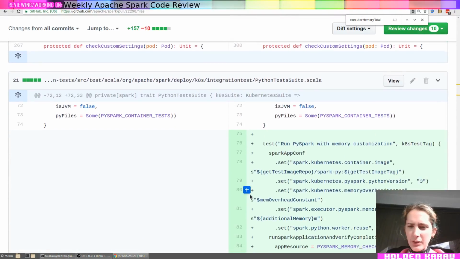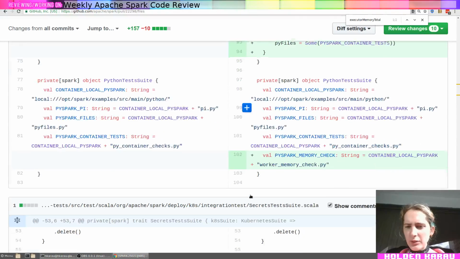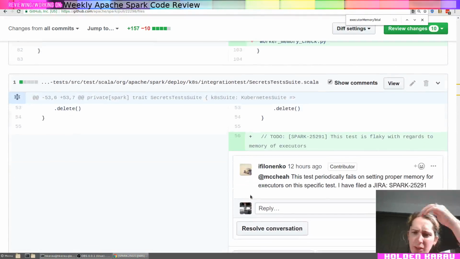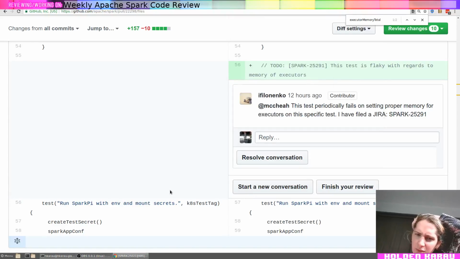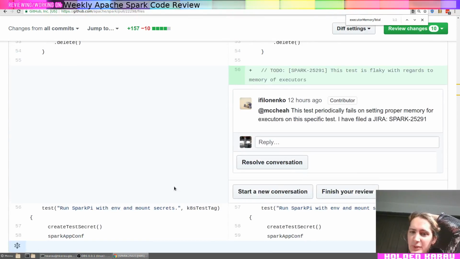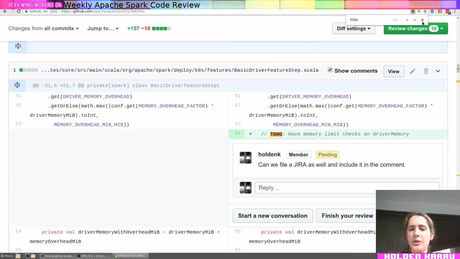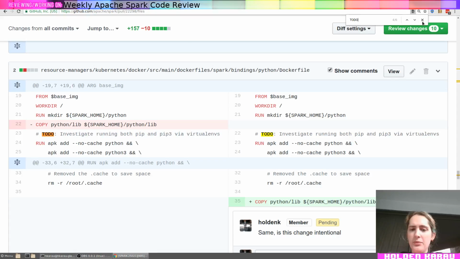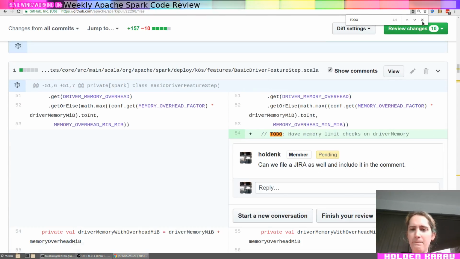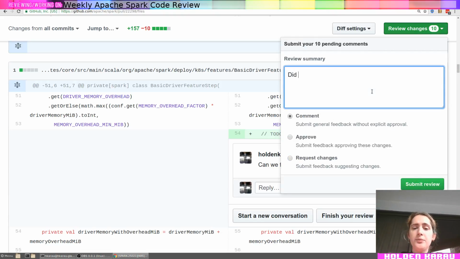Okay. This is pretty cool. Oh, secrets test suite. Why the? Okay. Well, this is unrelated, but it's fine. Okay, so we actually got through that pretty quickly. It's only a first pass though. Okay, I'm gonna search for TODO. Okay. Cool. Did a quick first pass